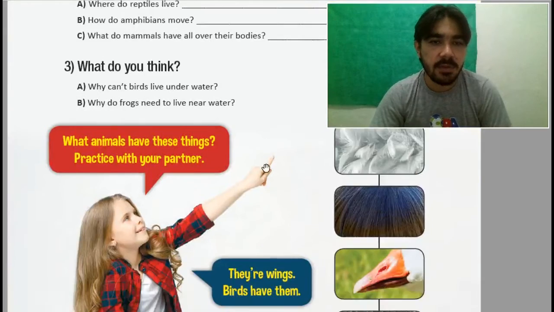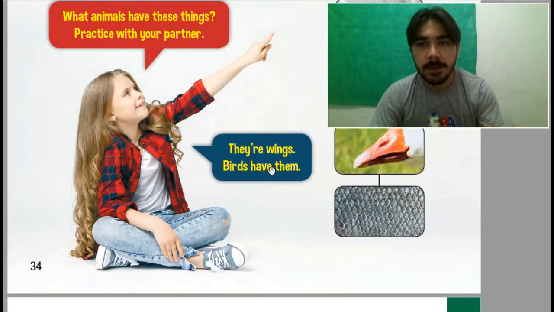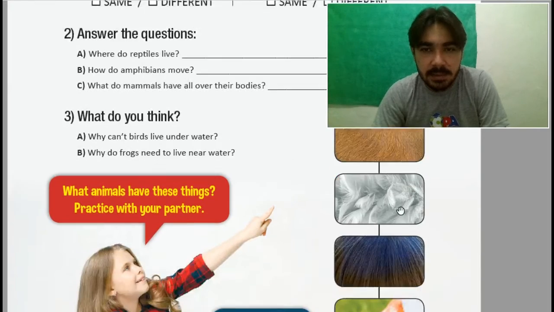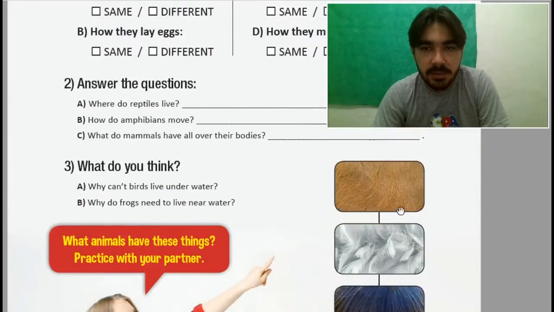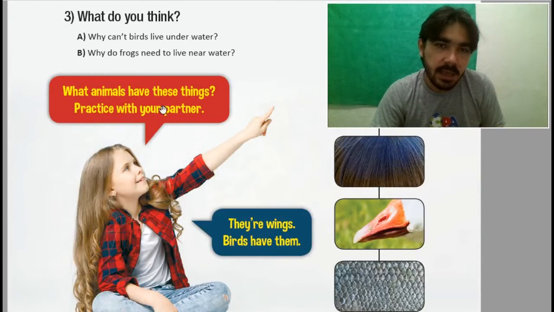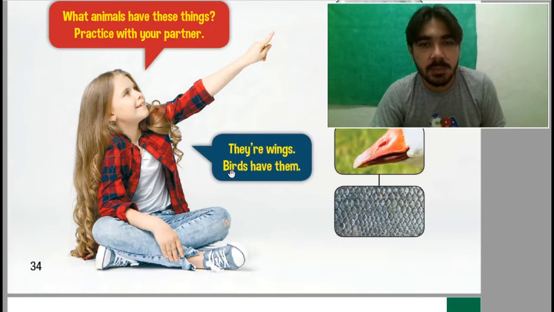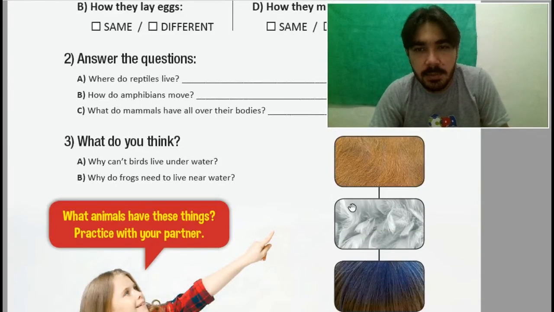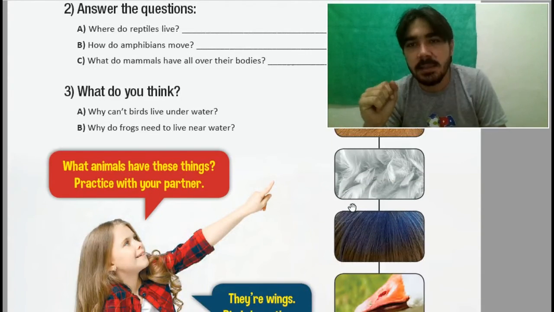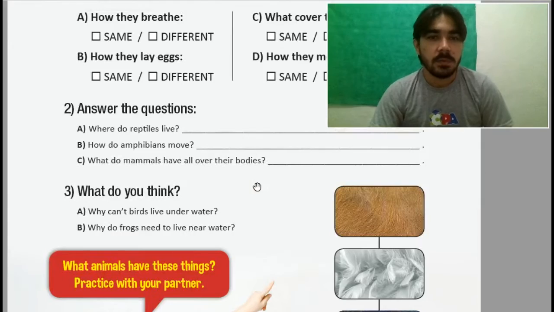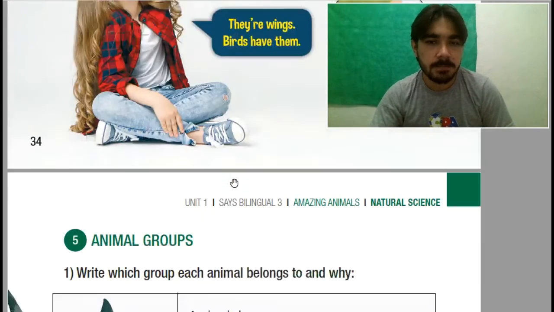Continuing our activity, we found this activity which you have to talk. A gente encontrou então essa atividade aqui onde vocês tinham que falar um pouquinho. Então vocês iam olhar para essas imagens e expressar o que vocês estão vendo aqui, como a menina aqui do lado está fazendo. What animals have these wings? E a menina respondeu, their wings. Birds have them. Okay, so it's simple, I want a feedback about this activity. I'm still waiting. Let's go to the next part. Então, estou esperando aqui a resposta dessa atividade de vocês e vamos prosseguir.